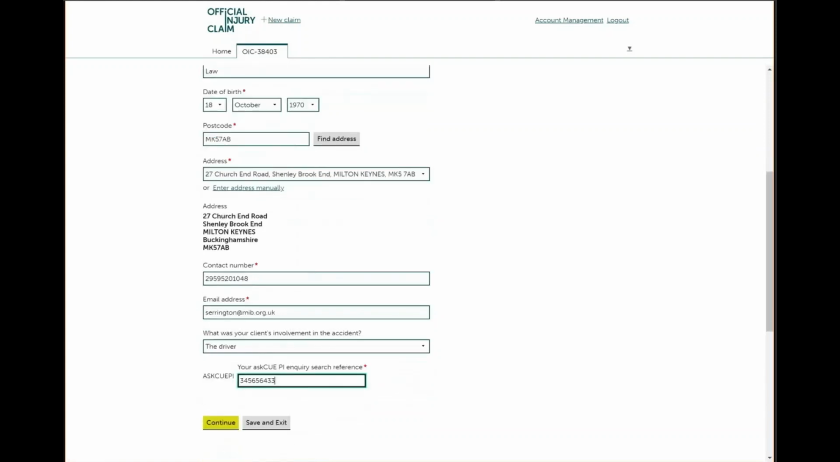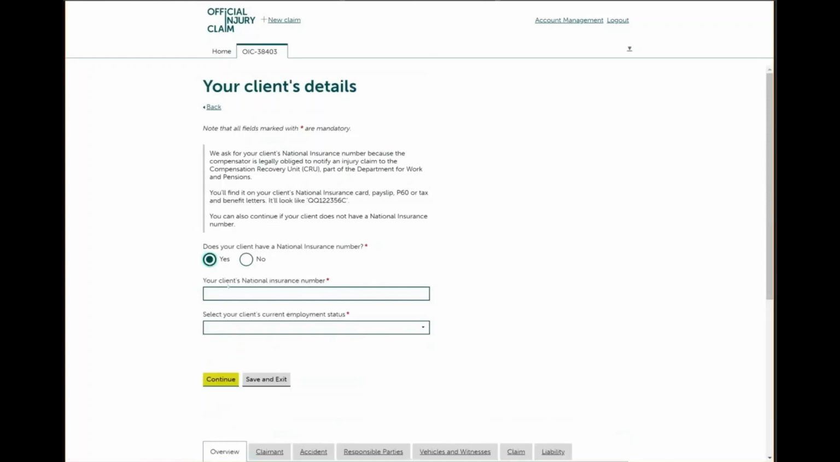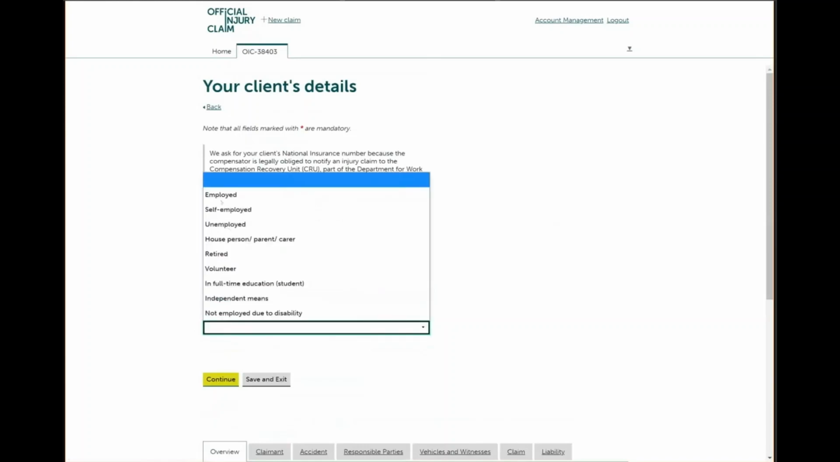This is different to the claimant's or the unrepresented claimant's journey, where they aren't asked to provide their search reference number. They will do an Ask QPI search and an ID&V check. Where in this part of the journey we don't ask for the national insurance number, your client's employment status,